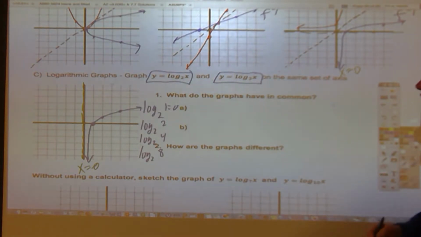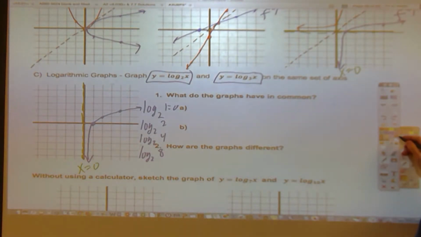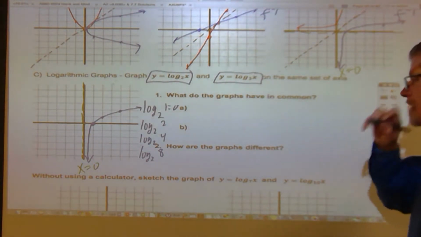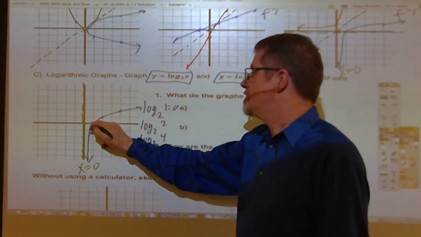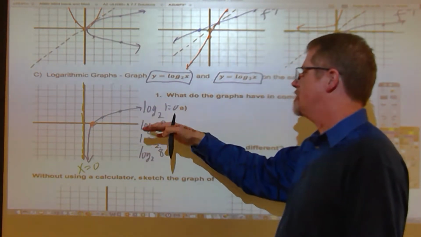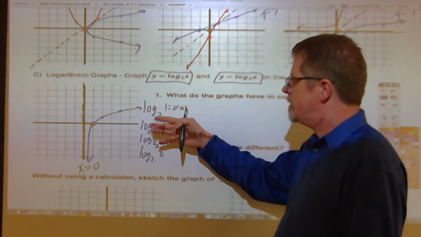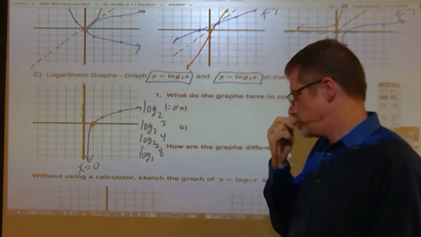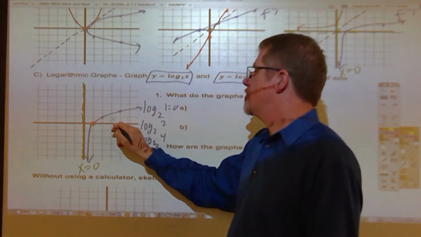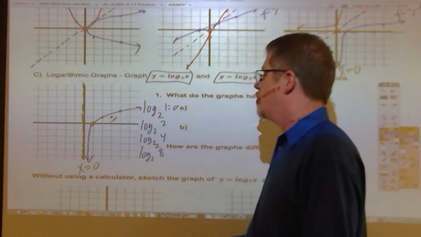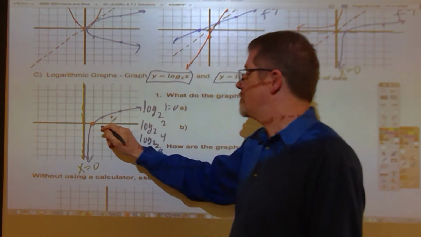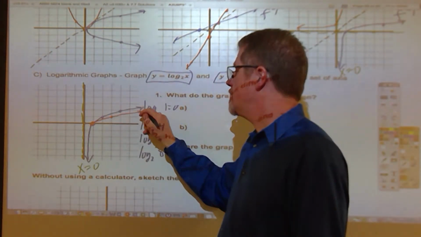Log base 3 of x is almost the same. I'll do it in red. But instead of they all go through 1, 0, because log base anything of 1 is equal to 0. But here we'd have to go to golf ball 3 before it goes up to 1. Log base 3 of 3 is equal to 1. So the log base 3 graph,